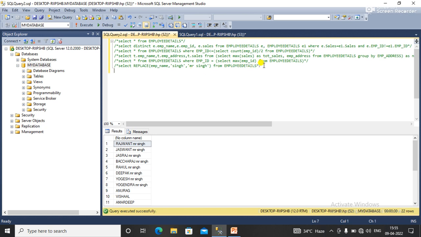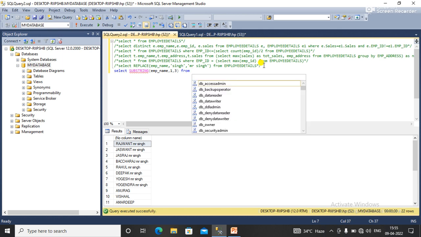Now I'm going to write a sixth query, that is the last query, which is basically used to get the first three letters or characters from a column of a particular table. So how would I do that? I'll use the substring function. Select substring employee name from first to third,